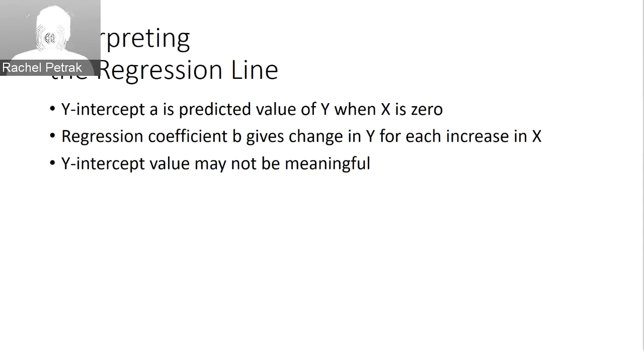When is it not possible for our predictor to be 0? Well, we've already seen some examples of that in examples that we've looked at today. So height and weight. It's not possible that someone's height could be 0. There's always a minimum height of something. So the intercept for that graph of height and weight that we looked at earlier is not likely to be useful. The regression coefficient, B, or as we discussed, otherwise